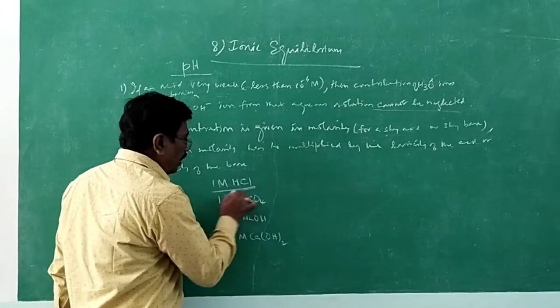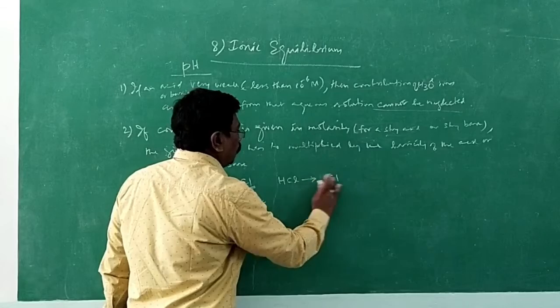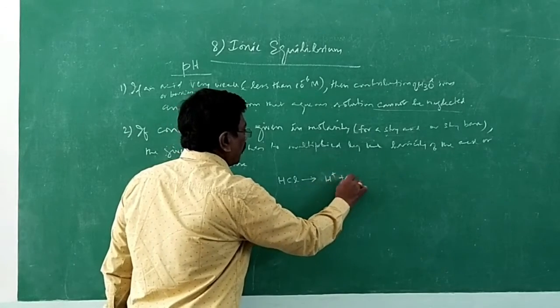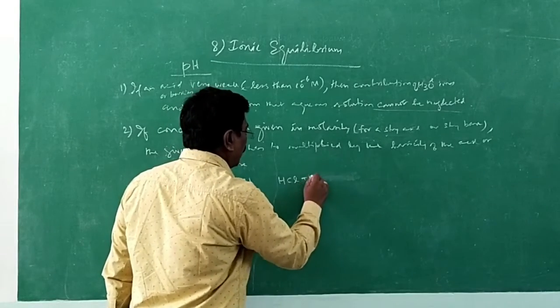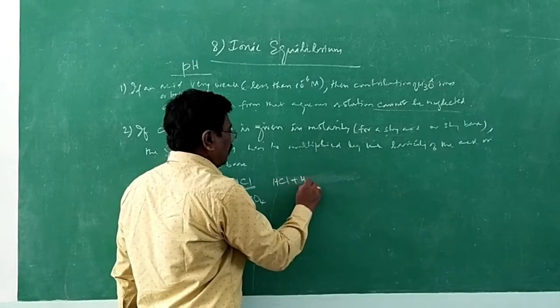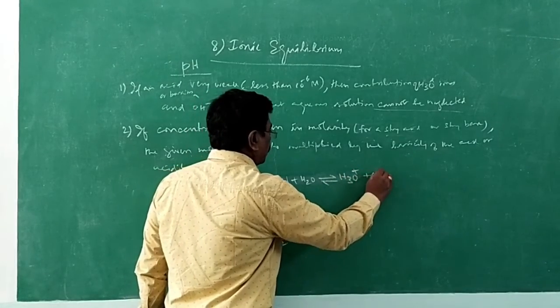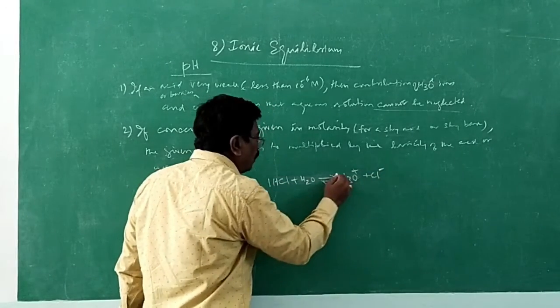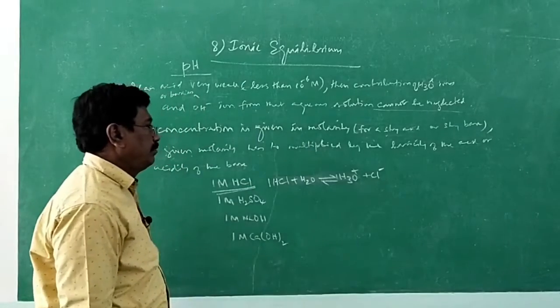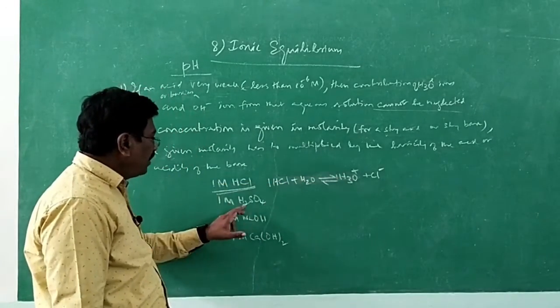1 molar hydrochloric acid upon ionization will give 1 mole of hydrogen ion and 1 mole of chloride ion. Or in other words, with water, if I write, you will be getting HCl plus water giving H3O plus and Cl minus. 1 molecule gives only 1 ion. Without water, if I write, only 1 H plus. But if it is sulfuric acid,